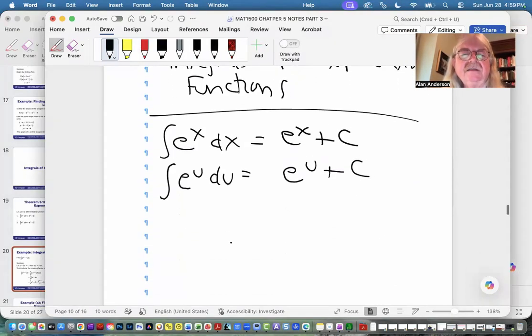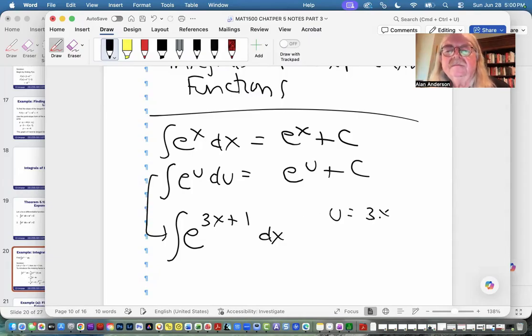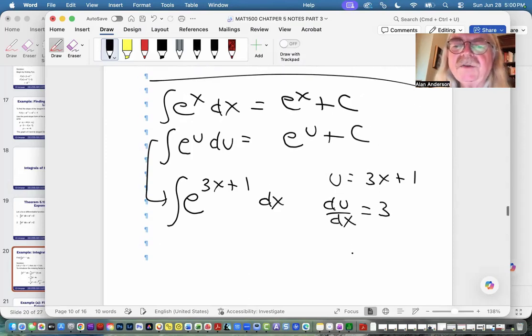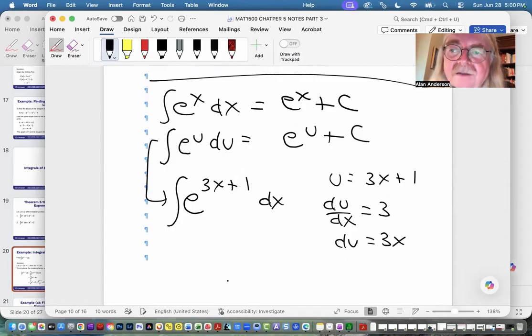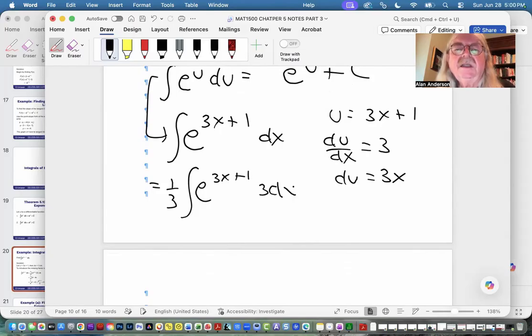Integral e to the 3x plus 1. Now, it says here dx. So that would be this case. And so du dx is 3 dx. We don't have that, but we can provide our own constant. So here's what we have to do. Okay, so now we're all set because this is e to the u and this is du, because we do have 3x